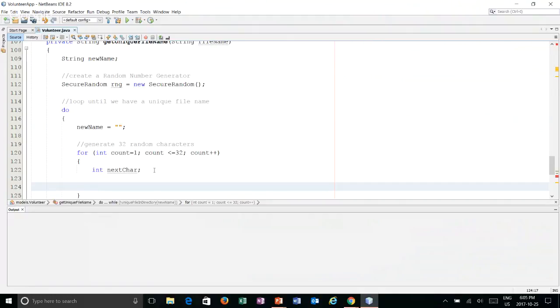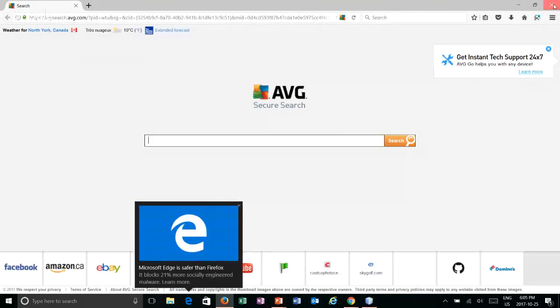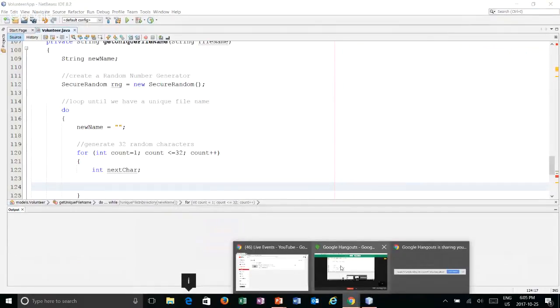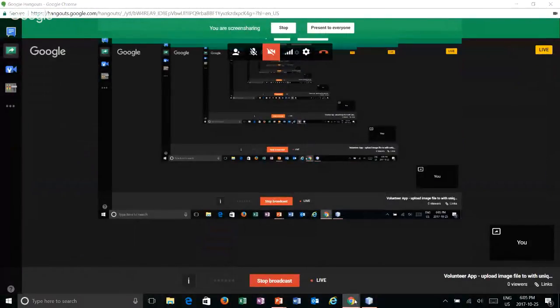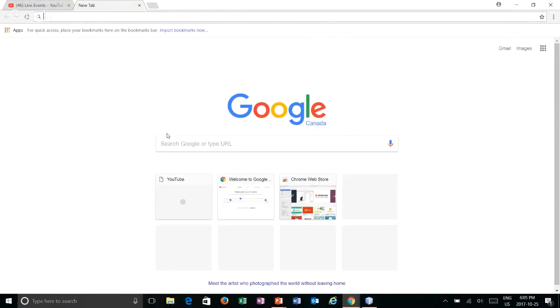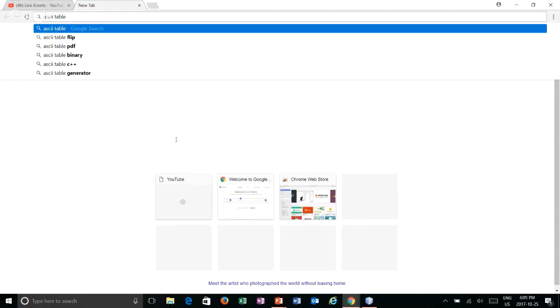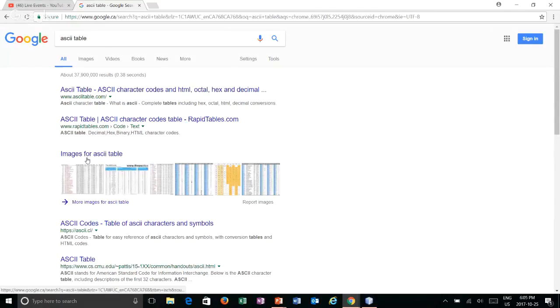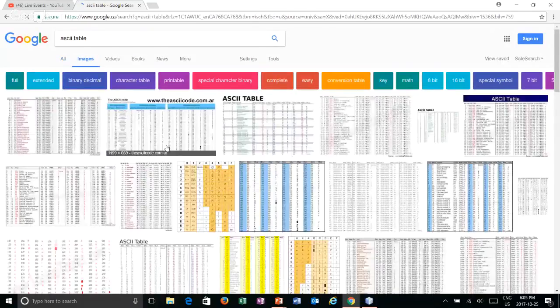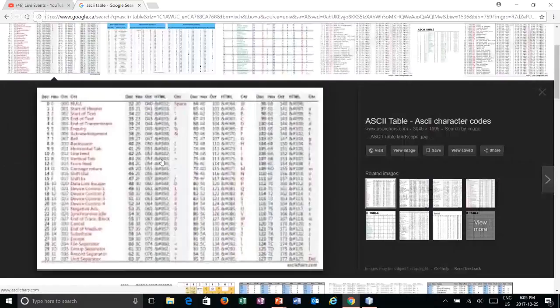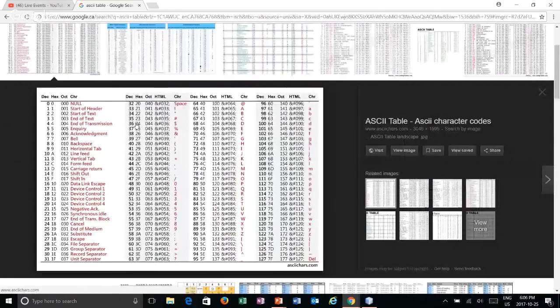And use our random number generator to create a random number. And characters, just launch. So you might not be able to see that, so let me do it in Chrome. So if we look up our ASCII table, small. There we go. Okay, so what we can see is basically we want to look at, well, what are